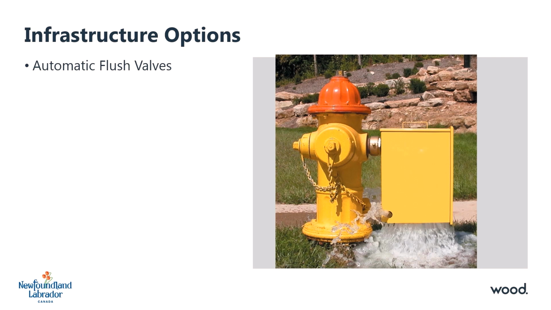However, for both manual flushing using a hydrant or a discharge from automatic flush valve, it is important that the discharge line must be carefully located to ensure chlorinated water is discharged to a suitable location. Otherwise, dechlorination of the water discharge may be required. Automatic flush valves make it easier to frequently flush systems and do not require operators to manually conduct the flushing. However, automatic flush valves are more expensive than installing hydrants and can be more complicated to troubleshoot or fix if